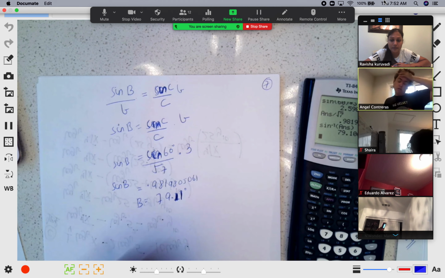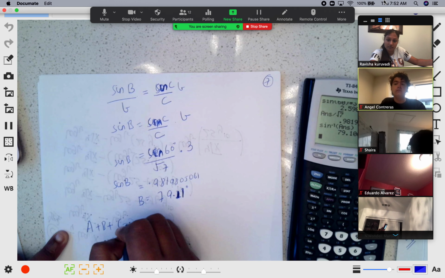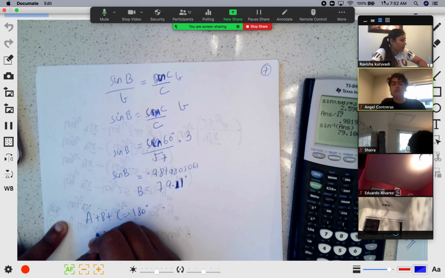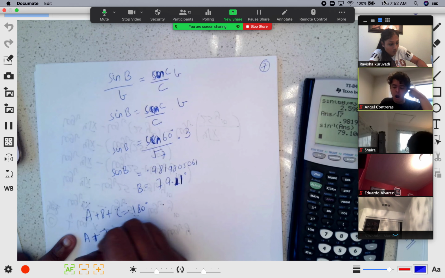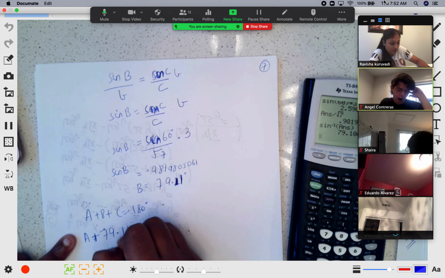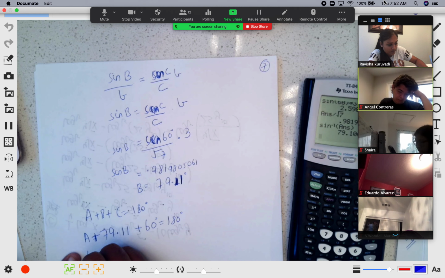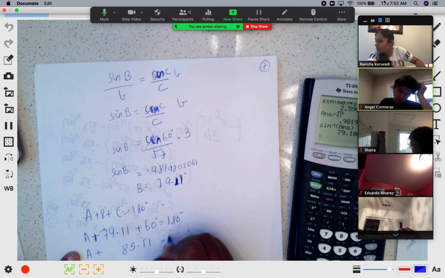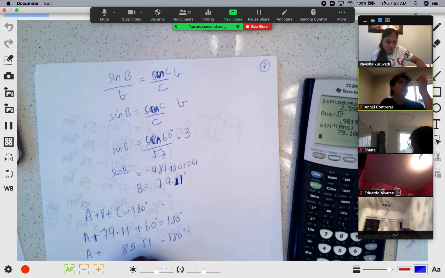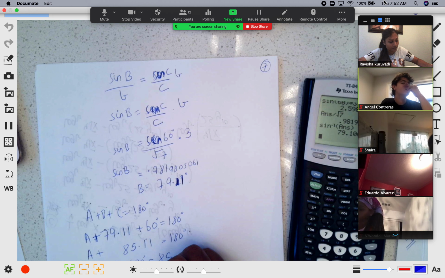Now you know your a. Remember the formula: A plus B plus C is equal to 180 degrees. You found your A, I don't know. B I found as 79.11 and C I found was 60 degrees, equal to 180 degrees. When you solve, you'll get A as 180 degrees minus 85.11, which comes out to be